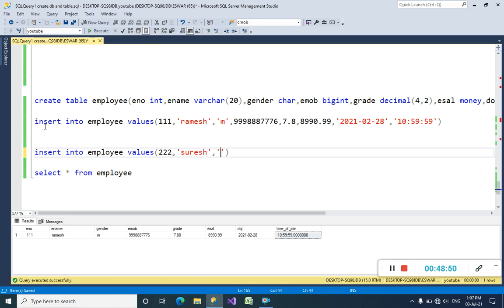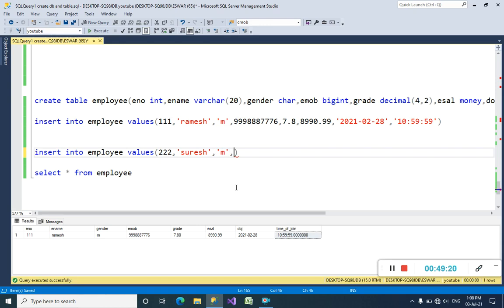This order is a must, guys, because we created the table with ENO, employee number, as the first column, ename as the second column, and so on. Suresh is also male, guys.